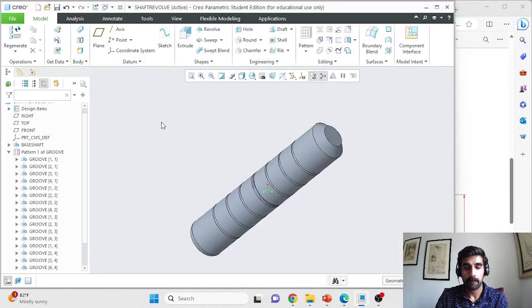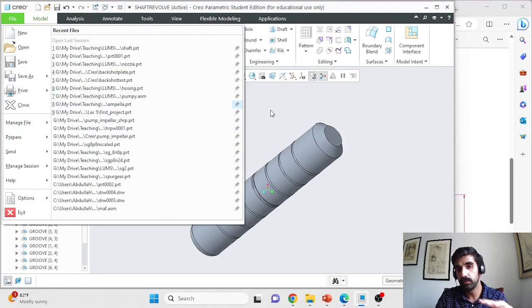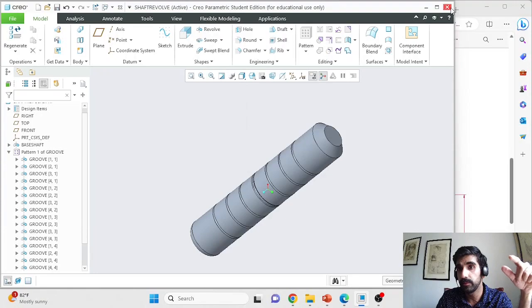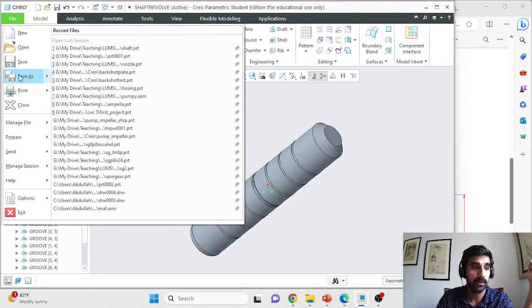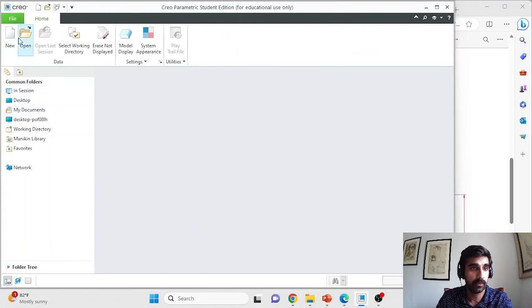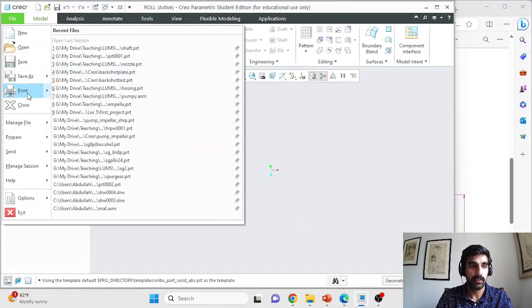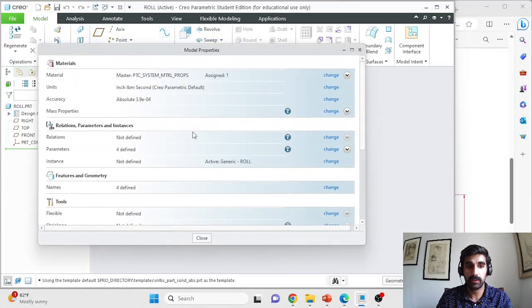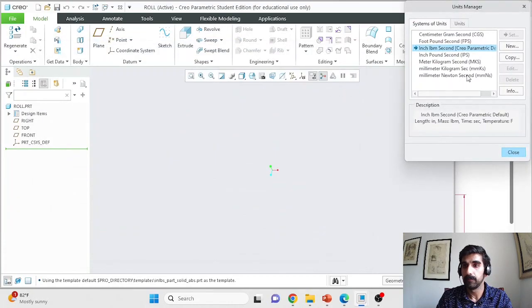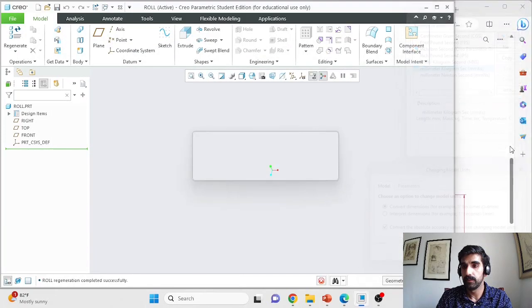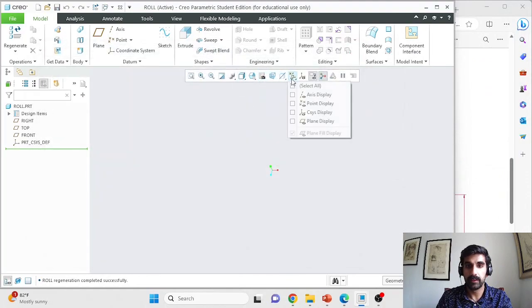So these are dimensions that I've listed that we want our part to have. I won't save this, I'll just close this. If you want to close your project that you're working on, don't close it from here, because if you close it from here, the whole program will close. Go to file and close it from here, that only closes the project. I'll start a new project, I'll call it roll. I'll change the units from here, model properties, MPS set. Okay. I'll enable my datums,